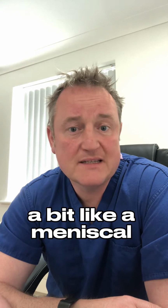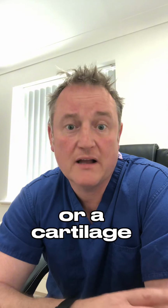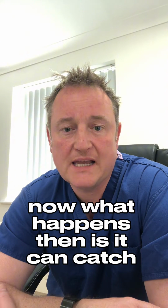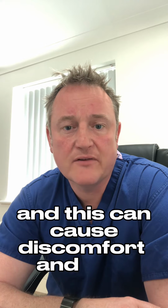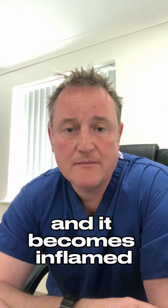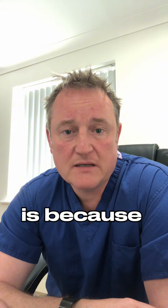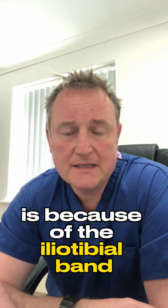A bit like a meniscal tear in a knee or cartilage tear in a knee, which people most commonly refer to it as. Now what happens then is it can catch and click, and this can cause discomfort and pain, and it becomes inflamed. The third reason why the hip can click is because of the iliotibial band, as it runs